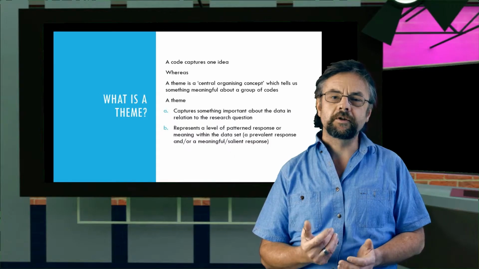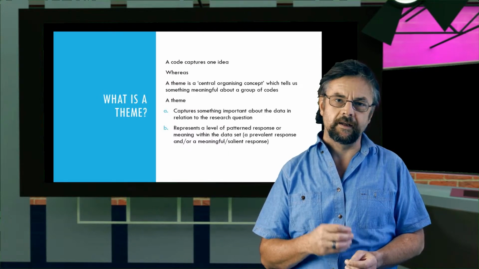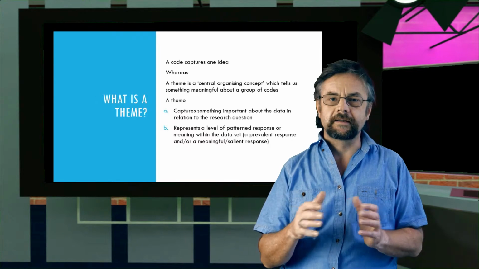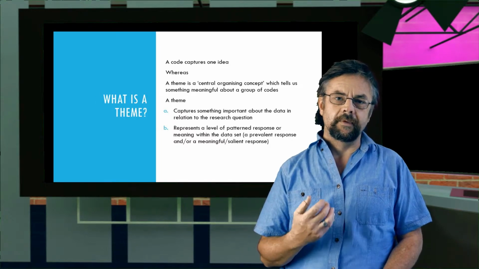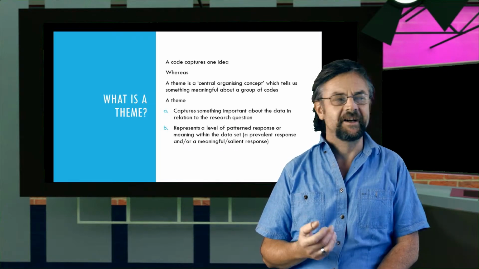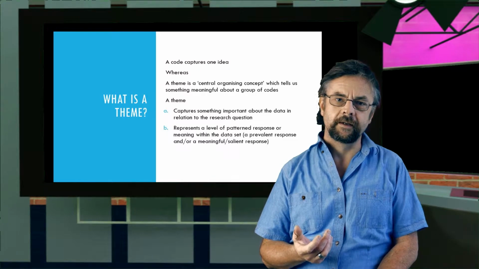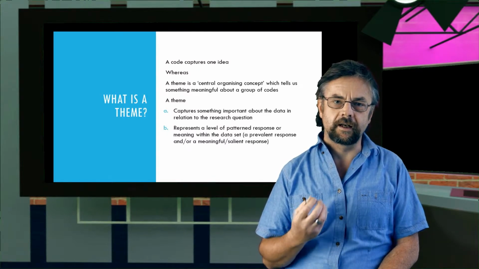Now, the difference between a code and a theme is that a code captures one idea and a theme is something that has a central organizing concept that tells us something meaningful about a group of codes. So another way of thinking about it is that it captures something important about the data that relates to the